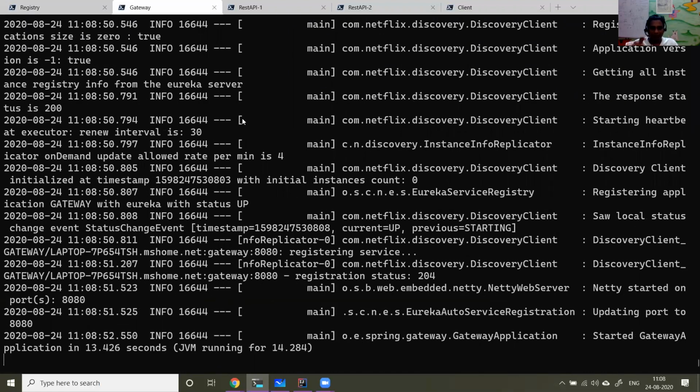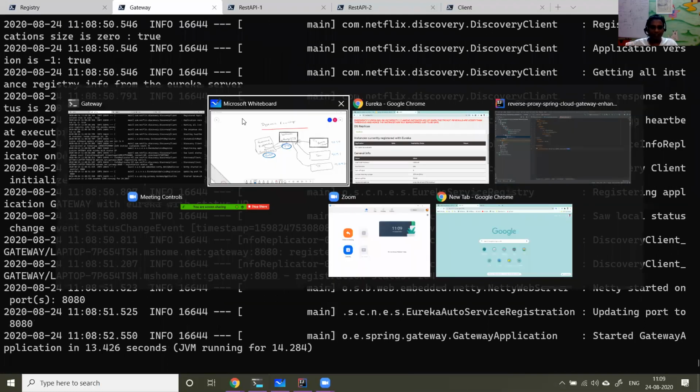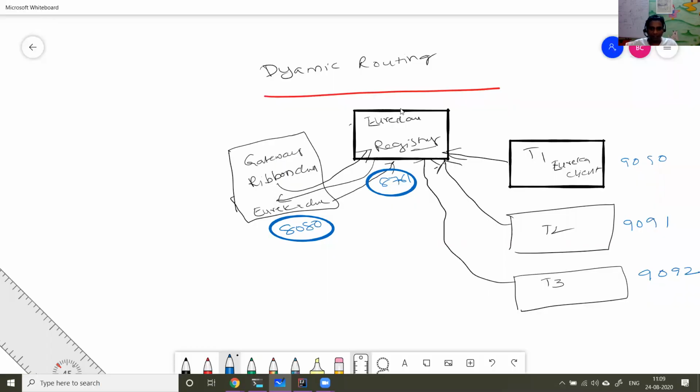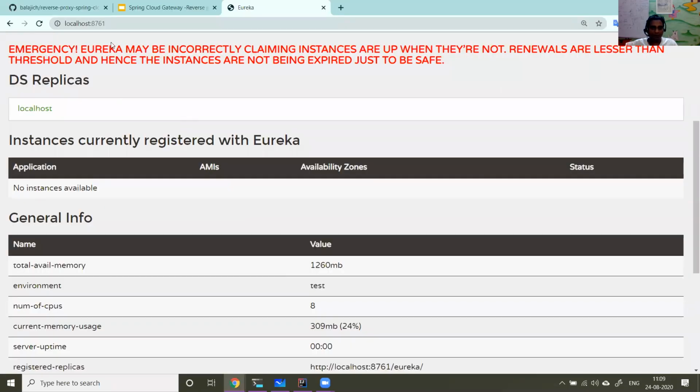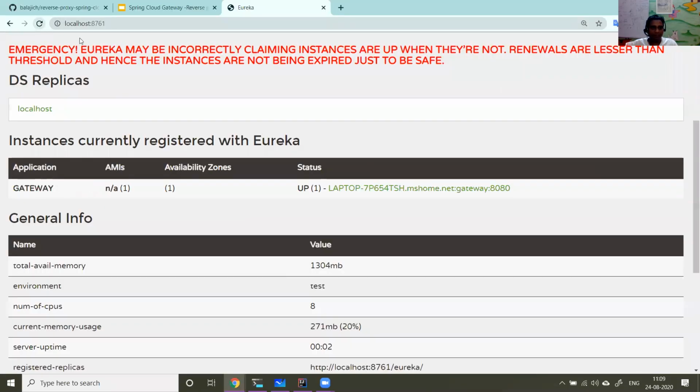Once the gateway starts, it binds to port 8080 and also registers with the Eureka service registry. If I do a simple refresh, you can see the gateway got registered. This is my gateway application, which is running on port 8080.